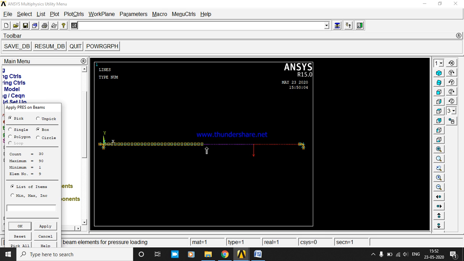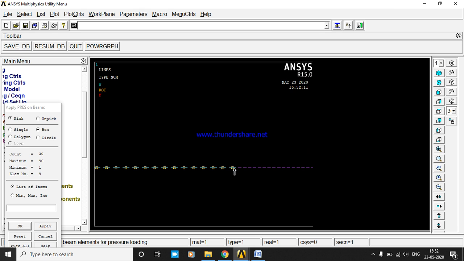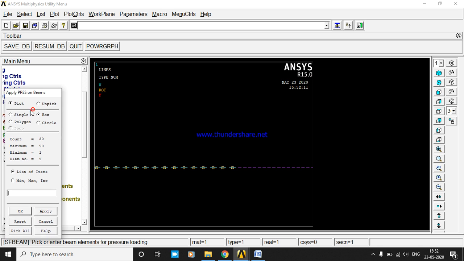Sir, how to identify whether it is selected or not? Even the second element may also be selected. So here we have an option called zoom module. You can drag the area which you want to zoom. Can you see here? Only at this color it is ended. Now whatever I have selected, it is the first element.